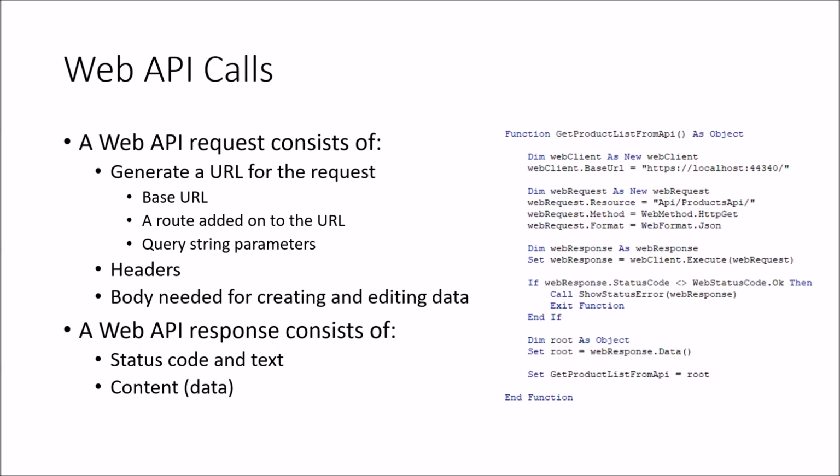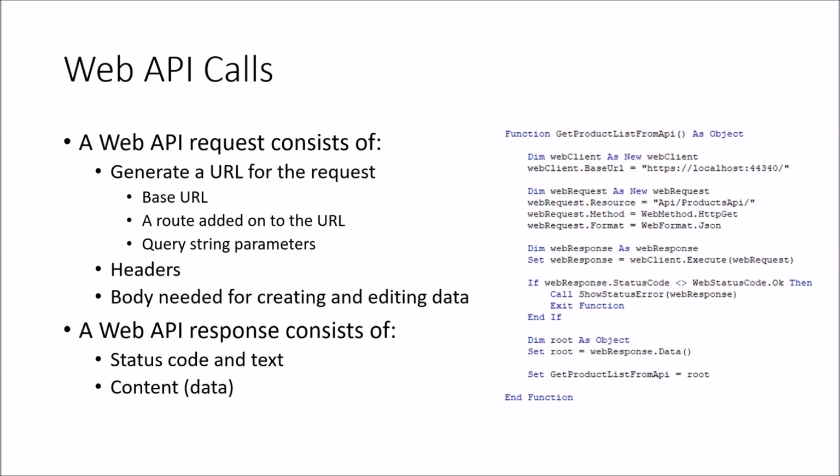So how do you call a web API? We saw the URL where we just had a URL in the browser and it gave us some data, but there's more to that. So you have requests and you have the response, just like for a web page. And the request consists, again, primarily of that URL, a base URL. You then have a route added onto the URL, which goes to the specific API. And then you have some query string parameters if needed. So far, we haven't done that.